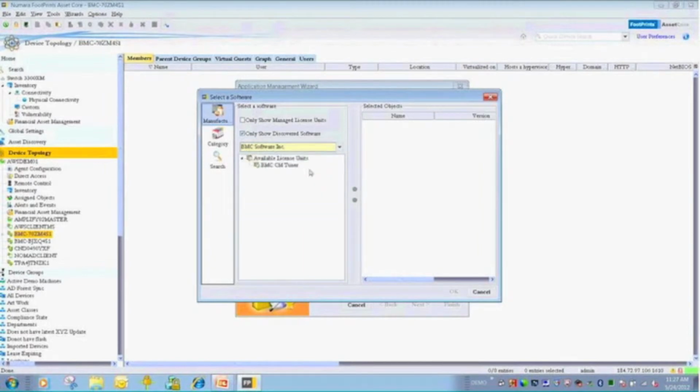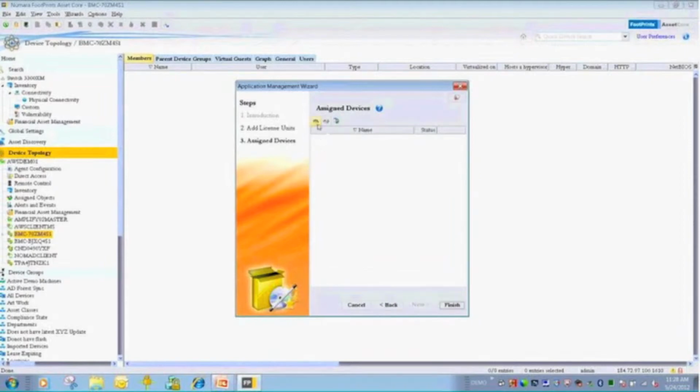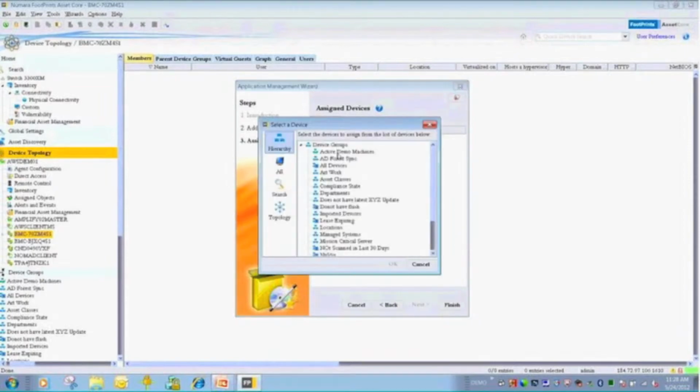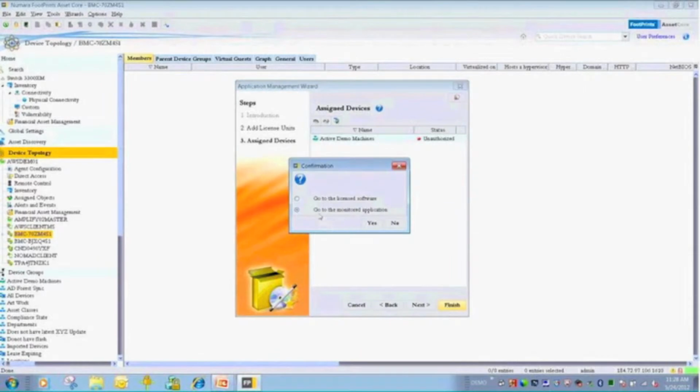Maybe if we go into BMC here, we have the CM product that we just discussed. I can say I want to license this, and say, okay, I can choose whether I want to meter this application as well, which keeps track of how often someone uses a particular piece of software and on which devices. I can then enter at a very high level the amount of licenses that I own. I can then evaluate this license title against a subset of my inventory. I can say that they're unauthorized, click Finish, and look at